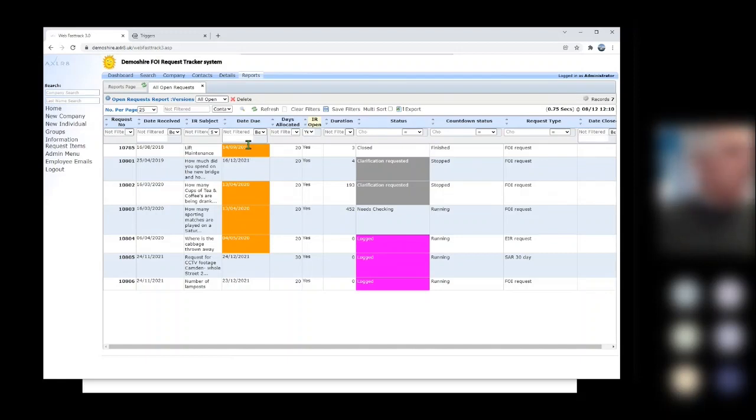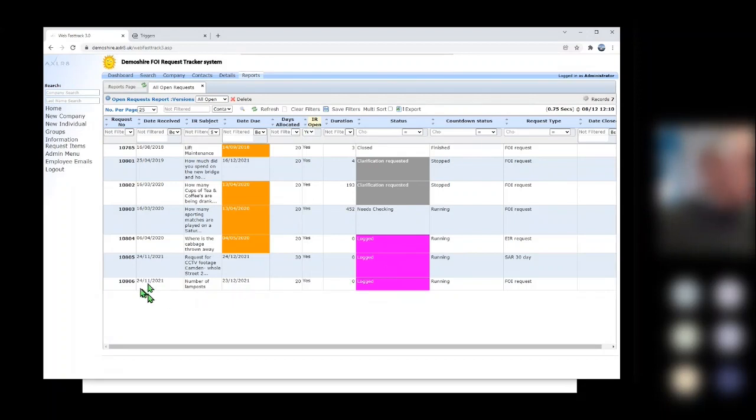We'll be doing this in the report builder course. Things that are getting a little bit close to the deadline or are over the deadline go orange. I think that some of these things go purple in this column if they're 3 days from the deadline, but none are. And then what I've done is I've taken those things like request for proof of ID, clarification, things like quoted, and made them a kind of grey background, and things where the requests are being logged and need something to do, I've got a rather more in-your-face purple colour to remind people that they've got to stop them being logged and move them on to the next stage,